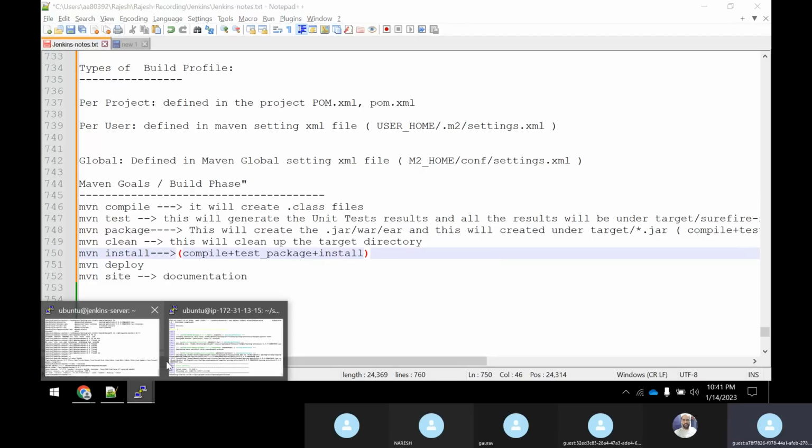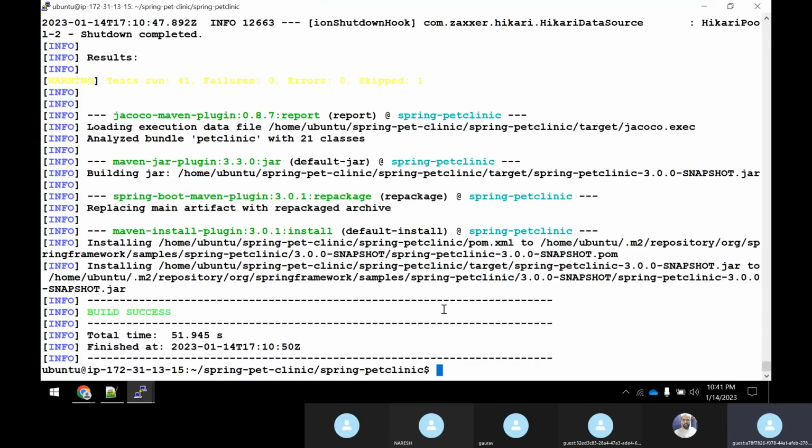And now if you go there, you could see that mvn install is done, but see what it is doing. It is trying to copy this Spring Pet Clinic jar, from /home/ubuntu/spring-petclinic/target. Under the target, you could see that the Spring Pet Clinic jar is there. Where is it copying? It is copying to the .m2. What is .m2? We have already discussed. It is nothing but your local repository, right?